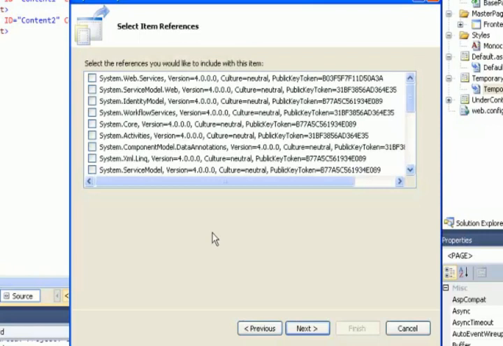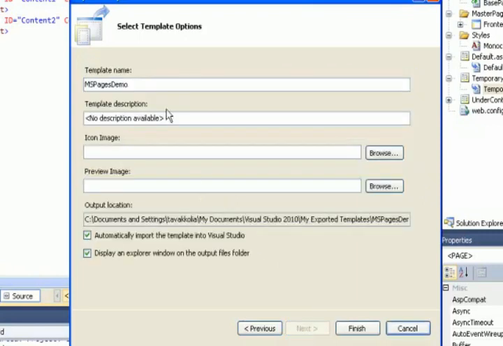And there's no need to do any more changes here. So add a description, and you won't have any icon image or any preview image, and automatically import the template into Visual Studio and display. Change the name of this template to My Base Page Template, and you're done. Press Finish,